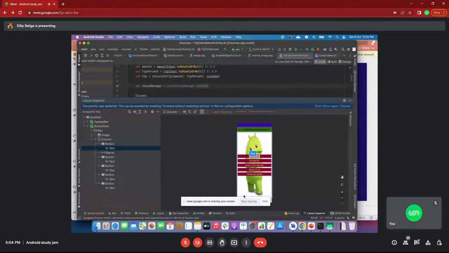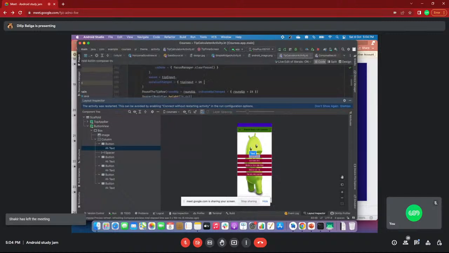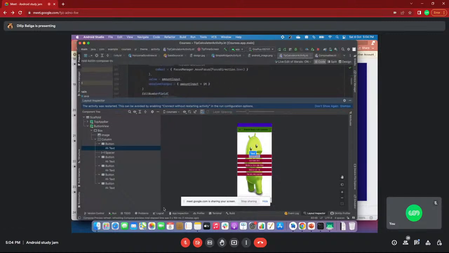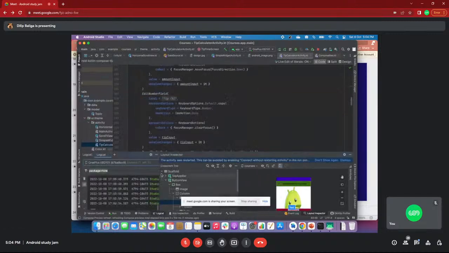This is a debuggable tool. You just view how many rows and columns are there, how many text fields you used, so that you can understand very easily while clicking this one. No need to go here and look code-wise. Okay, that is a debuggable tool. And Logcat I already mentioned to you.